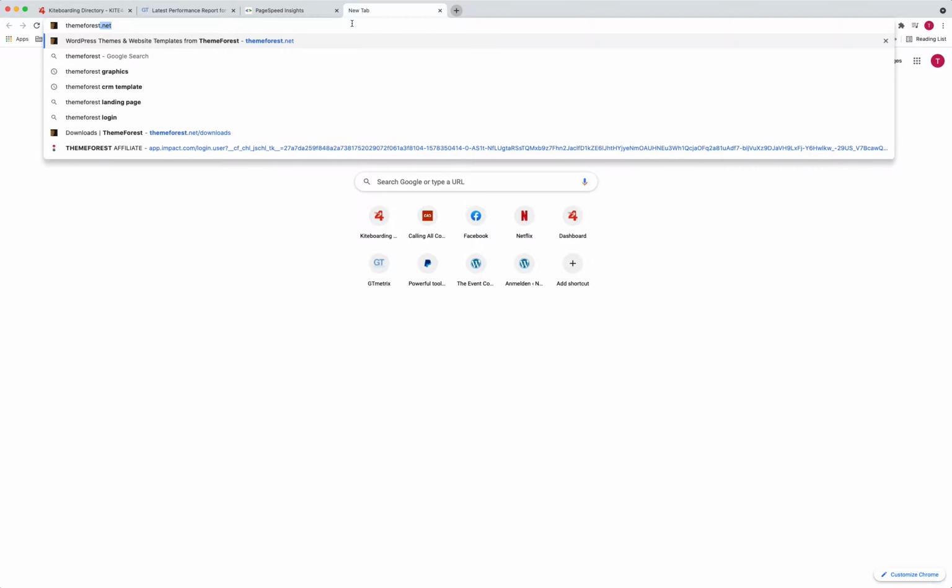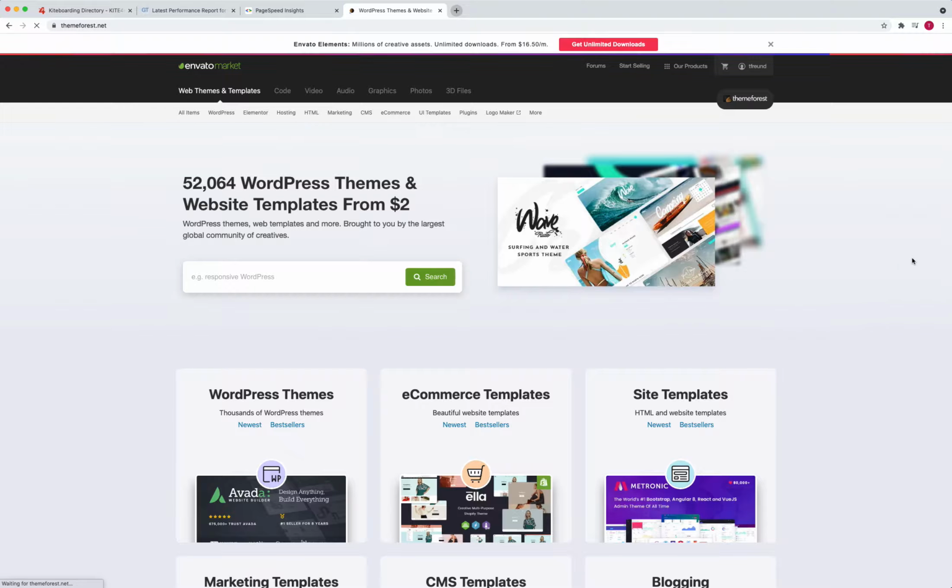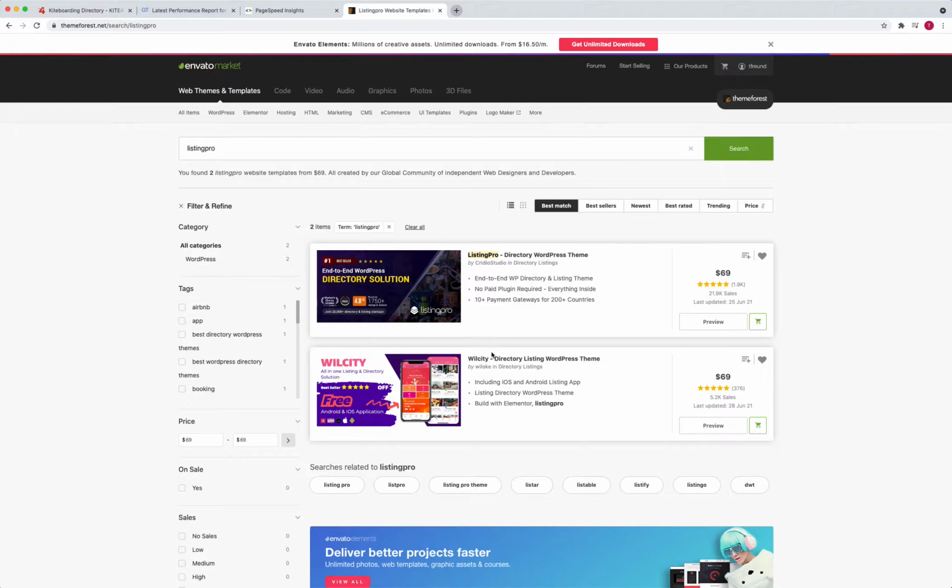So if you hop on over to themeforest.net, you search for Listing Pro. This is actually the solution right here that I've been using for over 60, 70 websites. Obviously, I'm a web developer, but I've had my hands in over 100 of these. This is the end-to-end WP directory and listing theme. So if you're not comfortable developing or styling, Listing Pro is the number one bestseller in ThemeForest for building out